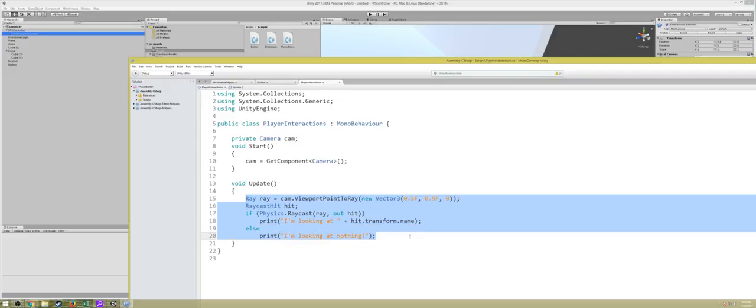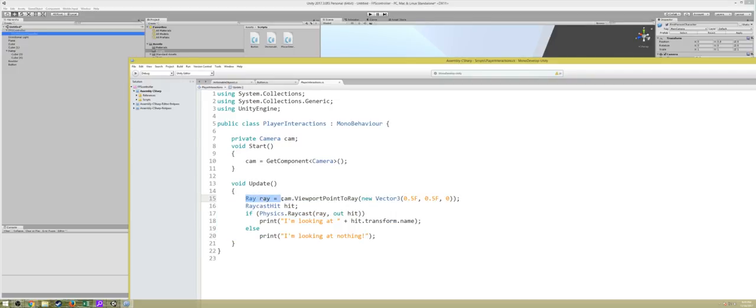Now, here's what this boilerplate code is doing. From the middle of the screen, whatever direction the player is aiming, or the player's camera, which is basically just the player's head as far as you're concerned, we're going to throw this invisible laser beam, basically. Let's see, what is viewport pointing? Yeah, that's right. Okay, so this basically says we're going to create a vector that goes from the direction that we are aiming our camera currently. And it's going to go a certain distance before we no longer care about how far the laser beam basically went. And then we initialize this RaycastHit object, and